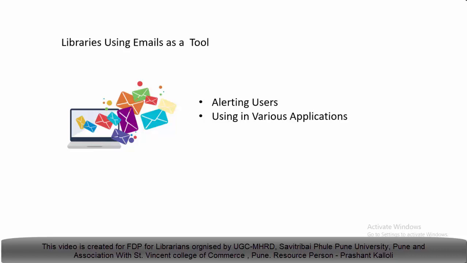There are so many areas where we have adopted emails. First, alerting users. We are using emails to give alert services. Libraries are regularly sending news, notifications, notices and newsletters to the users. Also, we are sending information about new arrivals, journal arrivals, journal magazine alerts, and journal index page alert systems. In such a way, we are very familiar with email technology.